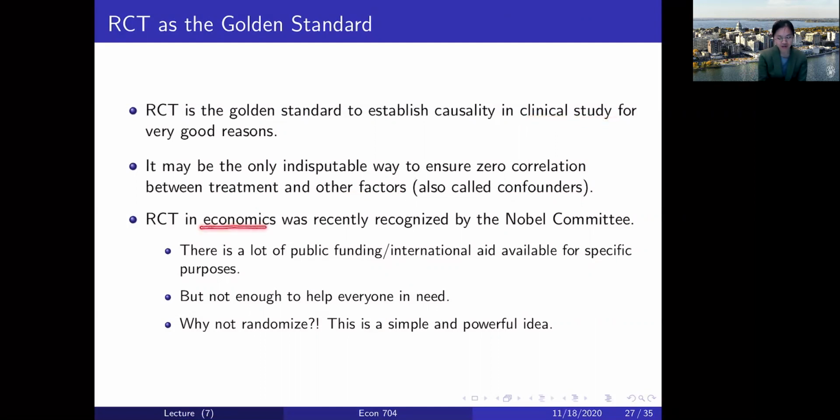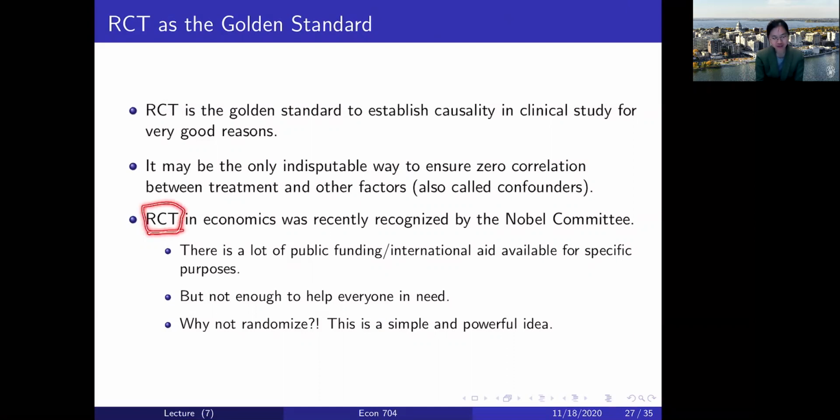In economics, RCT is not all that common because administering a randomized control trial in economic situations is not all that easy. For example, when you want to study, say, the effect of education on income, in almost no regime in the world can you randomize people's education level. It's just not possible. However,